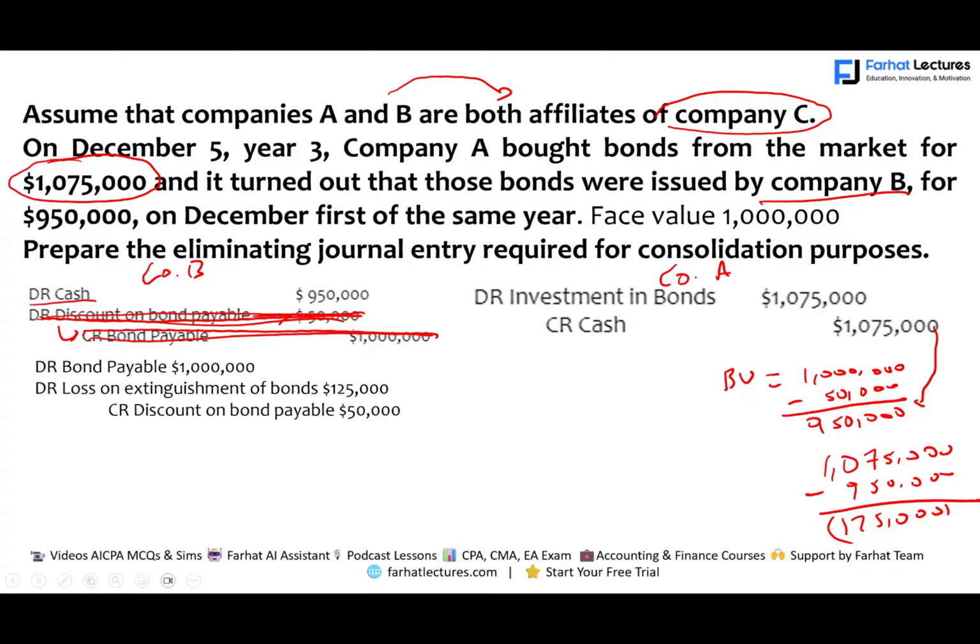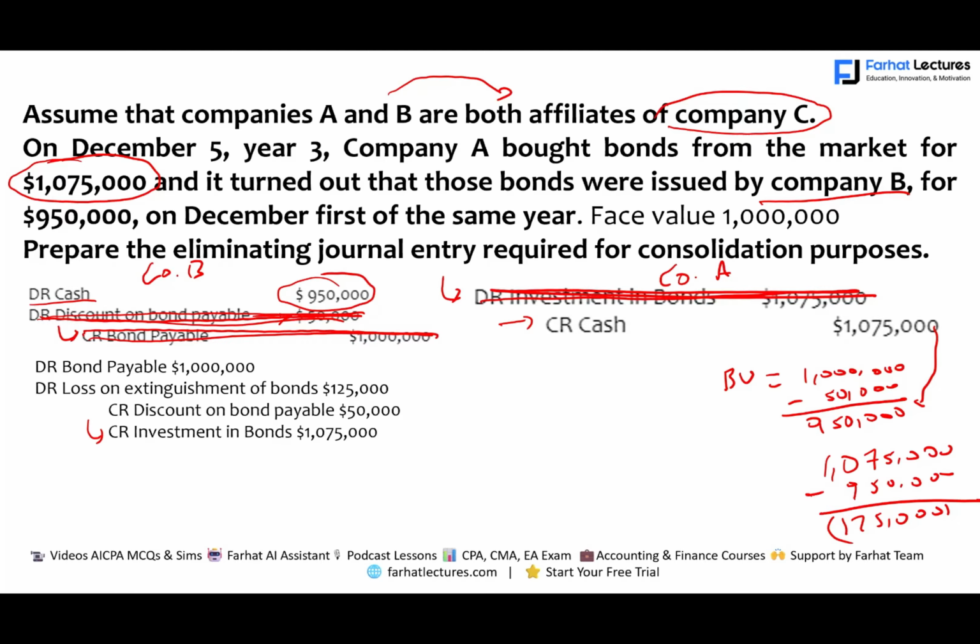What's left is the investment. We have an investment of 1,075,000. We also need to remove that because that's an investment in another subsidiary. We credit the investment for 1,075,000, and as a result, we eliminated this bond. So this interest is gone. So simply put, we received cash of 950 as an affiliate. We paid cash 1,075,000. We are worse off by 125,000 as a result of issuing the bond and buying the bond